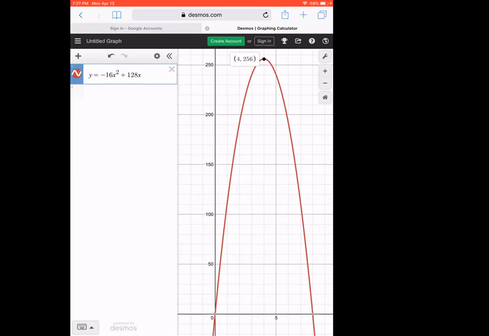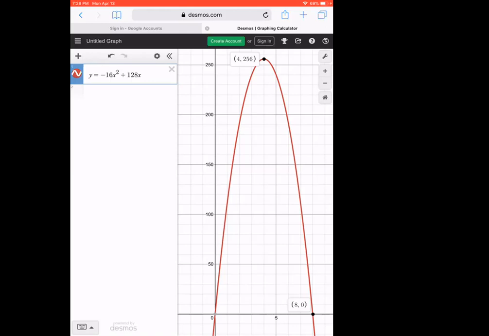Okay, now let's rewind. Go back up to A. It says, how long will it take for the rocket to return to the ground? So this one, I actually already know the answer without doing anything else for a couple of reasons. One, I can see it right on the graph. But 2, since this started at the ground and came back to the ground, if it took 4 seconds to come up, it's going to take 4 seconds to come back down. So I already know it's going to be 8, but if you look at the screen, there's a little dot there. If you just touch that dot, it'll pop up with the exact value. So this one is 8 seconds.